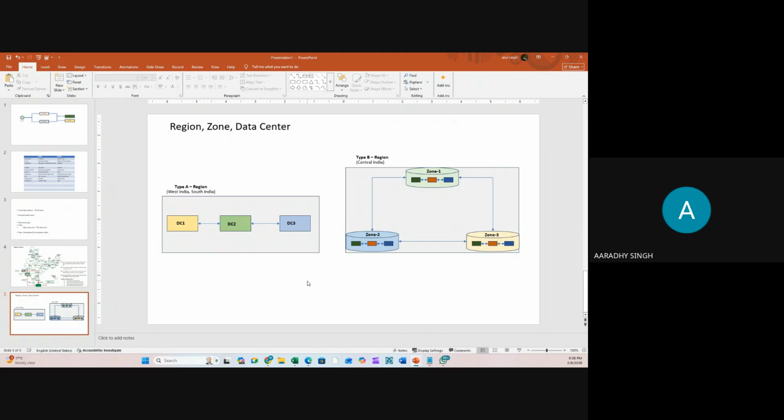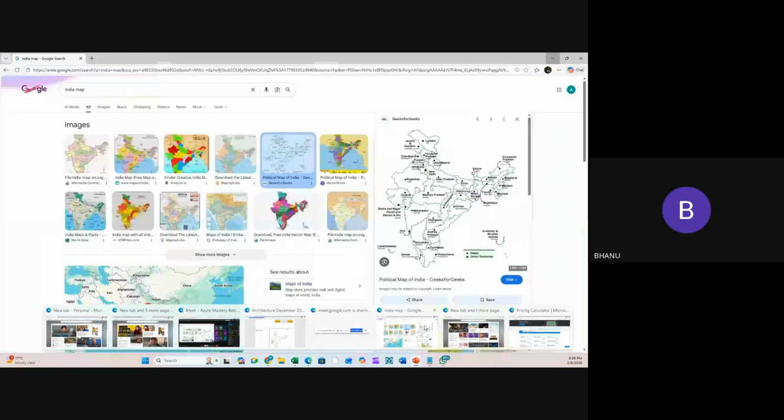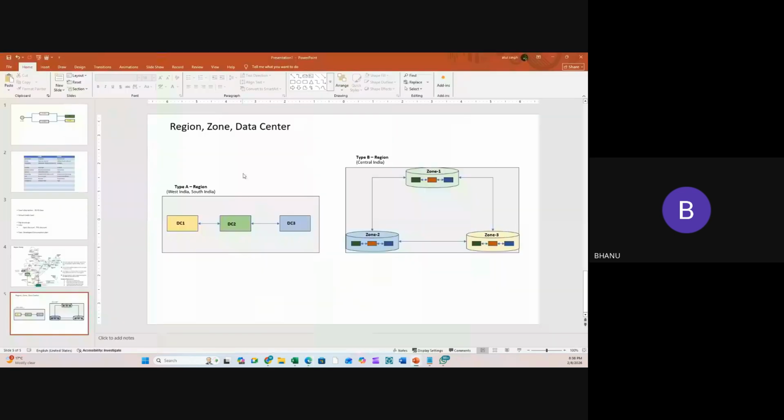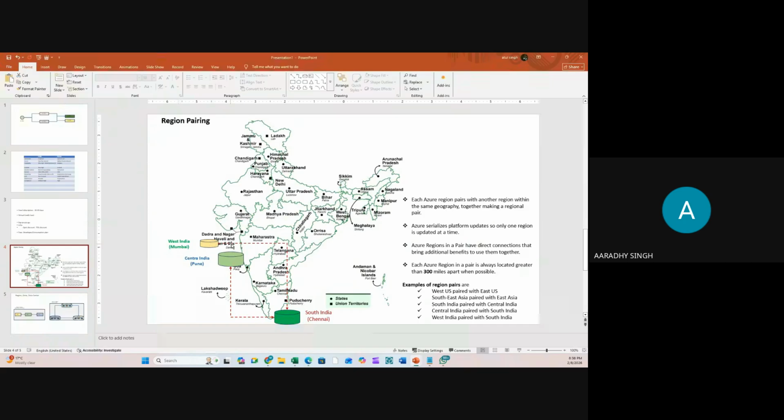Whenever we are designing and implementing the solution, we should take this approach: if the primary region is down, recovery of data should be possible from the secondary, or the entire traffic should shift from primary to secondary. You have to design your solution. Sir, if the backup region is also affected by some natural cause? That's why the backup region will be thousands of kilometers away from the primary. Because of a natural disaster, both would be impacted if they were very close to each other. As per the Microsoft guideline, there will be thousands of kilometers between the primary and secondary.